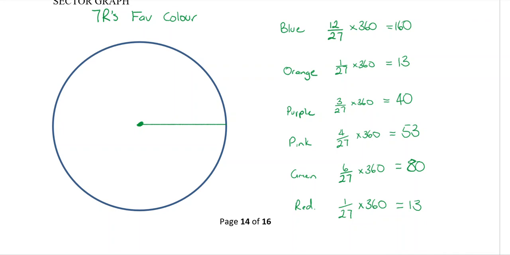Now make sure you have a look at that, because I'm going to have to erase that before we can do the next graph. There should be no extra part left over that is not labelled. It should all fit perfectly in that circle. Caden, 19. So that means you've probably been a little bit under with some of your other angles, which means if I was marking that, you'd probably lose a bit of marks for not being quite accurate enough. 1 or 2 degrees, that's all you get.